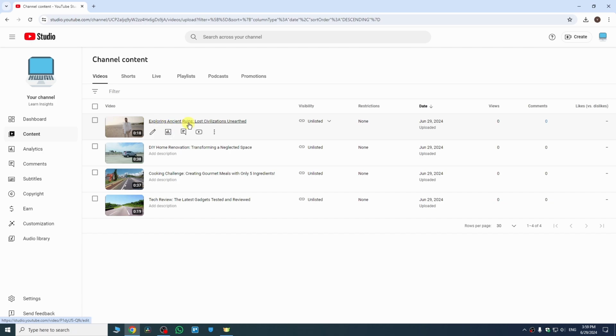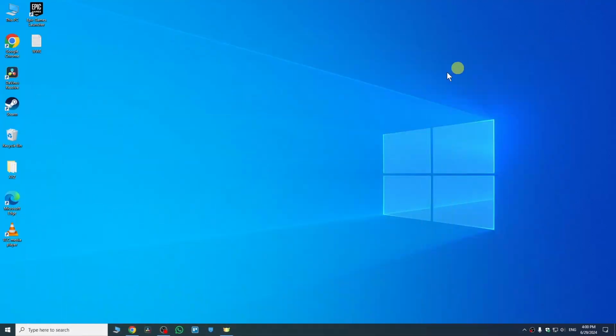I want to convert this video to MP3, so for that I will simply click on these three dots, then click on download. Then it will start downloading your video in your device. As you can see, my video is now downloaded, and now I just need to minimize this tab and open